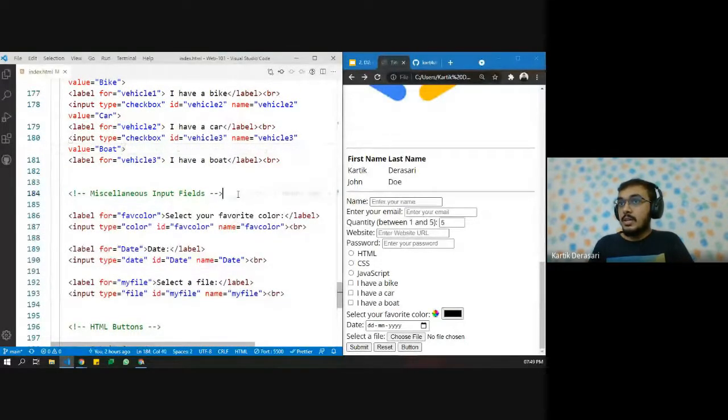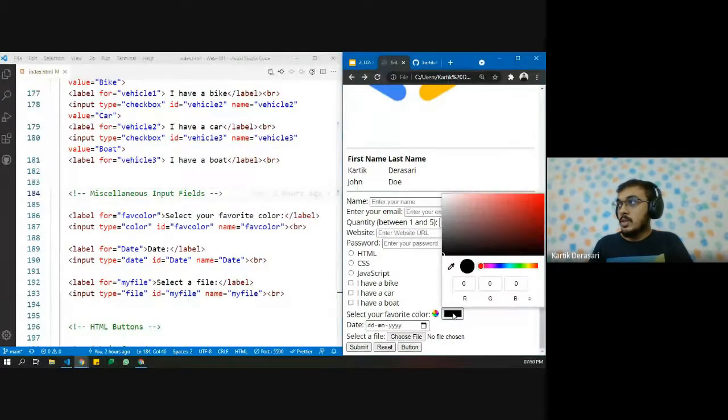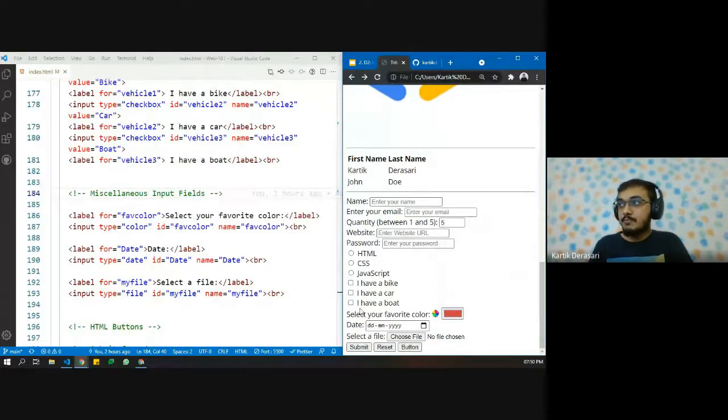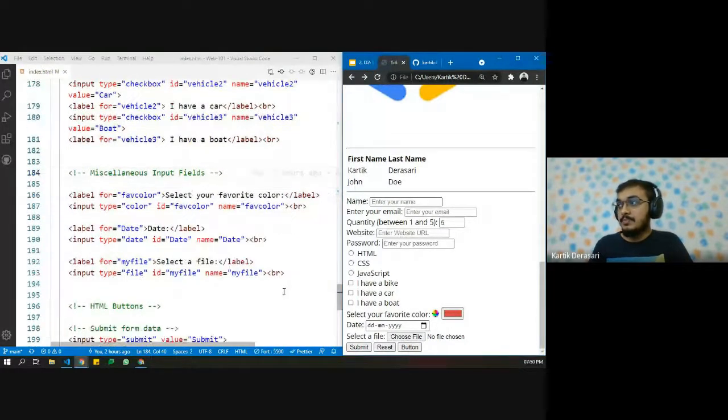Then we have different miscellaneous input fields. We can also get color from any kind of user. Whenever I click this, a color picker will be opened, and we can send an RGB value, HSL value, or hex value to the database.